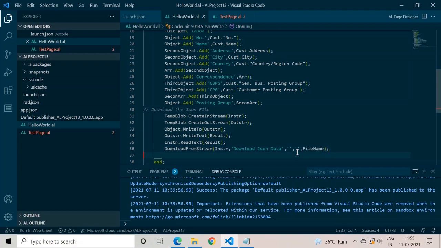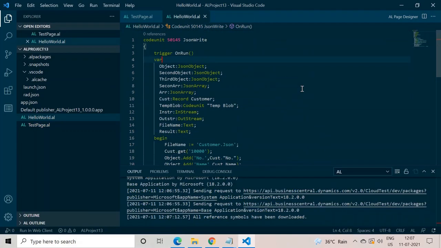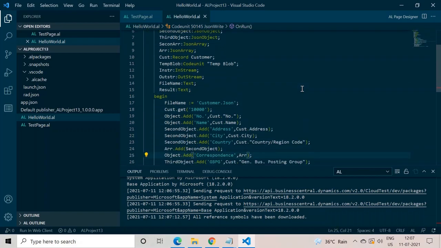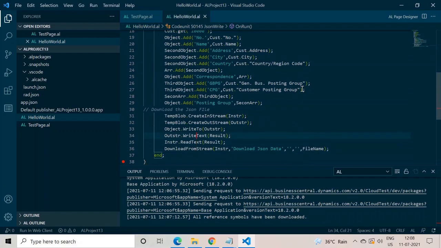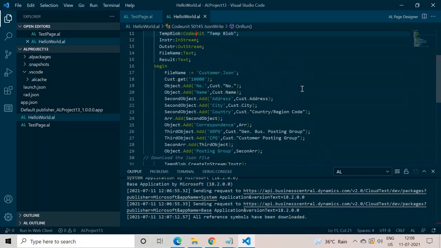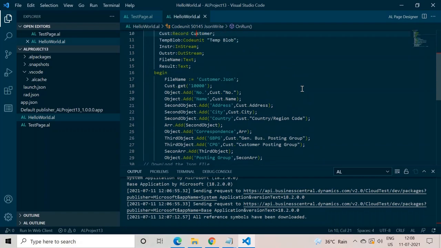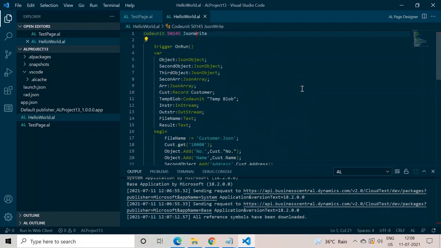And in this manner, I think everything is completed. As you can see, we have already created our JSON file, and also written the code on how to download that file to our local file system. After this, it's time to call this code unit function from a page.